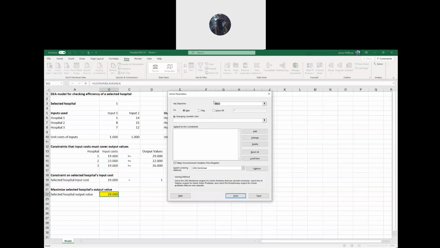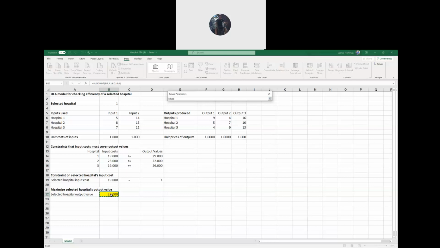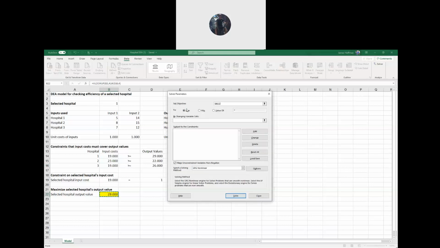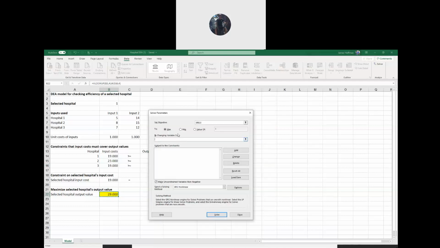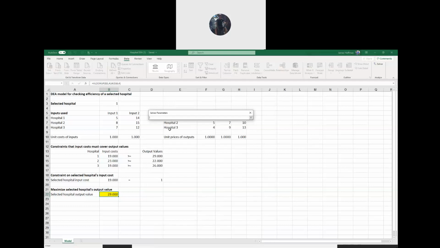Okay, so our objective, I think it's already selected it, but if you choose the little button and select B22, that's it, and choose that. We're going to maximize that. Okay, we're changing the input cost range, and the input price range. Okay, so by changing variable cells, click on that, and let's choose first